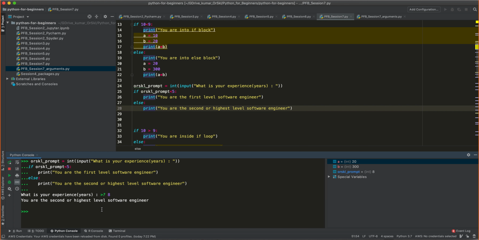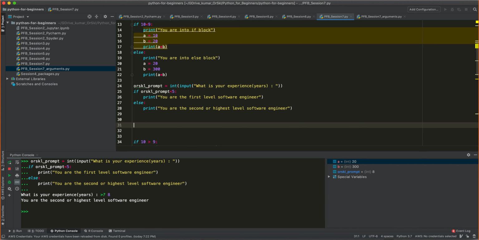Okay. Now there is something else called else if. Along with if else, there is else if also. You don't have only if and else conditions; you have multiple conditions in between also. For example, you wanted to write a program for less than 5, and you also wanted to write a program for less than 7. You want to write a condition for less than 10, and then you have something above 10. In that case, I use else if. So let me write the